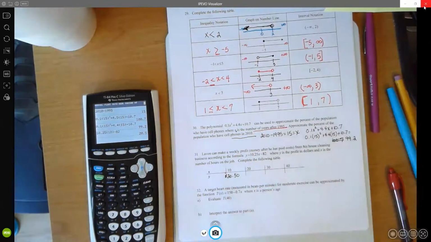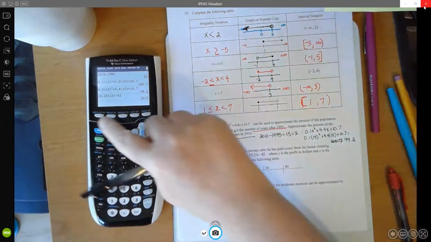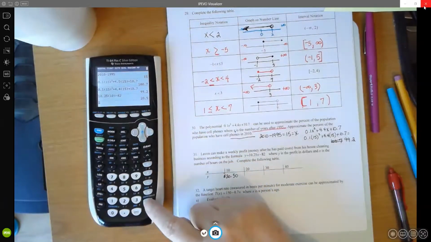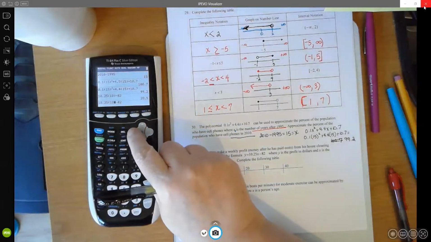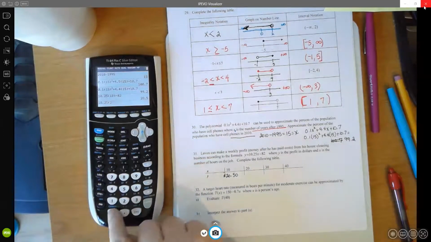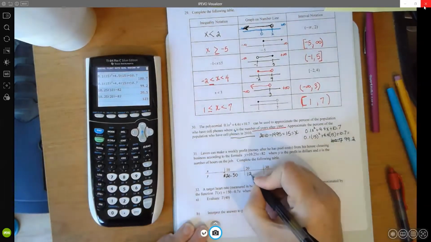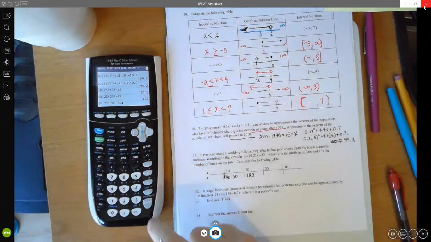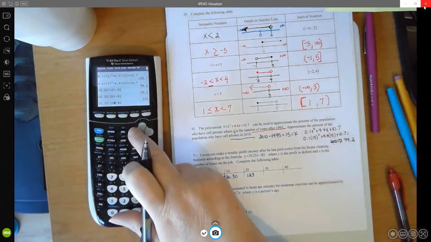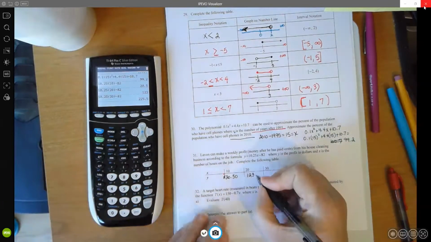Now I need to put 20 in next. I can retype it. If you want to do that, that's fine. I'm going to do what I was showing you earlier, which is to hit second and then enter. Notice it pops up that last thing I did, and I'm going to arrow back, and where it says 10, I'm going to type 20 and then press enter, and that gives me 123, so $123, and then hit second enter, and that brings up that previous one, and change that 20 into 30, and that would be